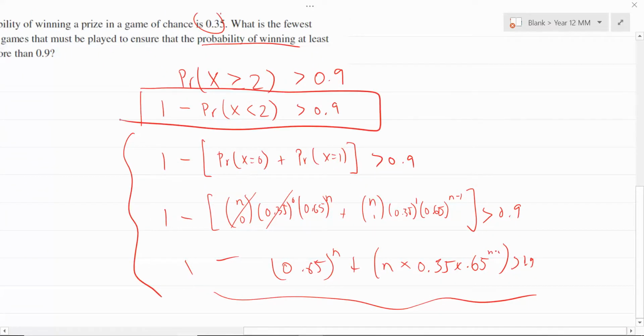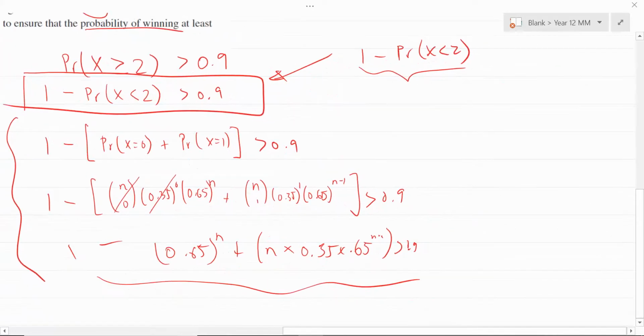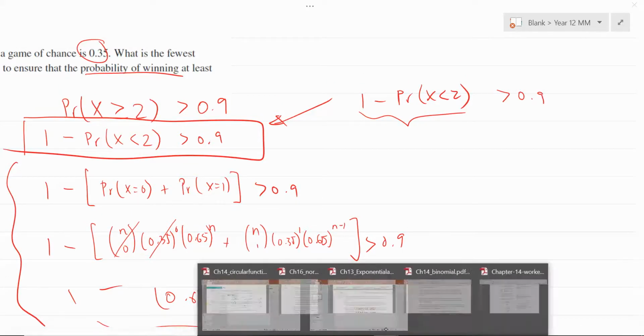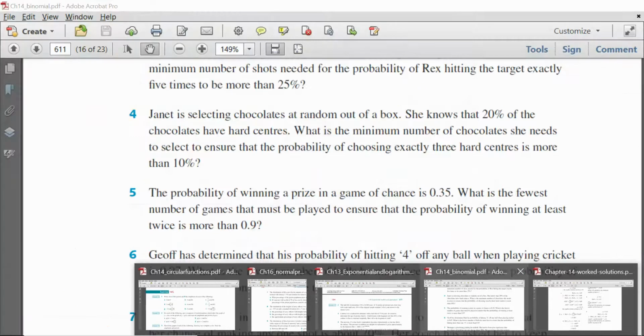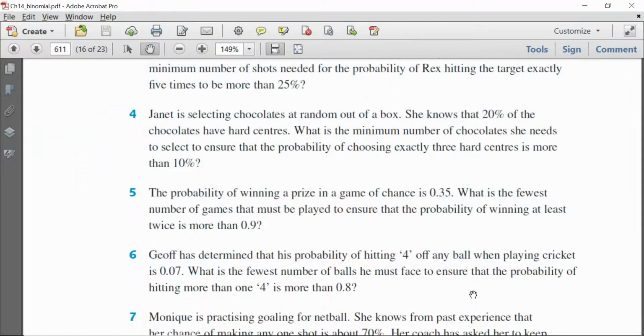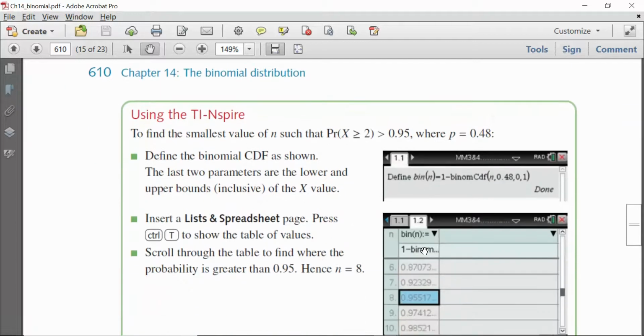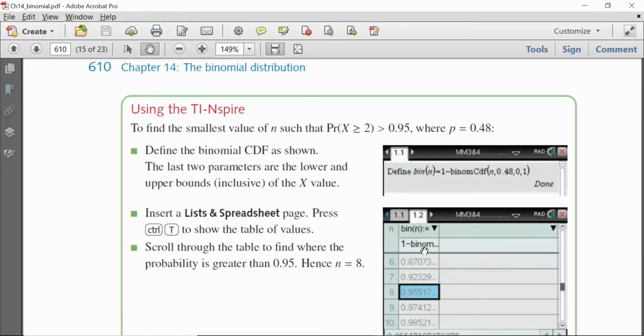This is what your textbook is actually saying. They say, how about we generate a sequence that tries 1 minus probability of X less than 2 as many times as we can, try all n values until we get greater than 0.9. All right, that's what your textbook is actually doing. So if we go to our textbook, if we just have a look at what they're really trying to say in this region here,